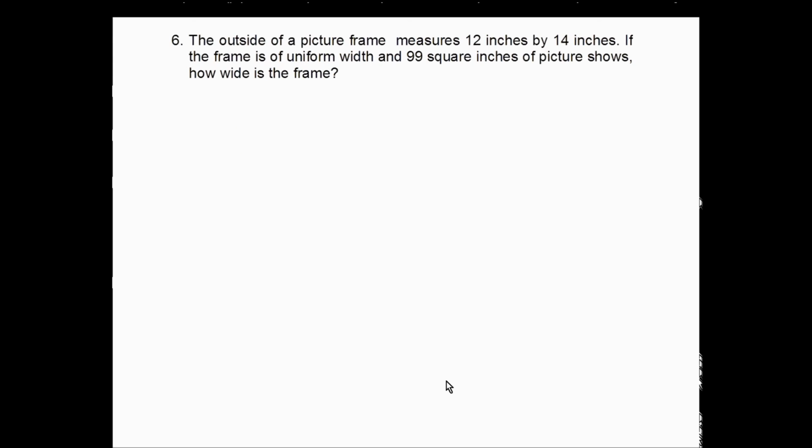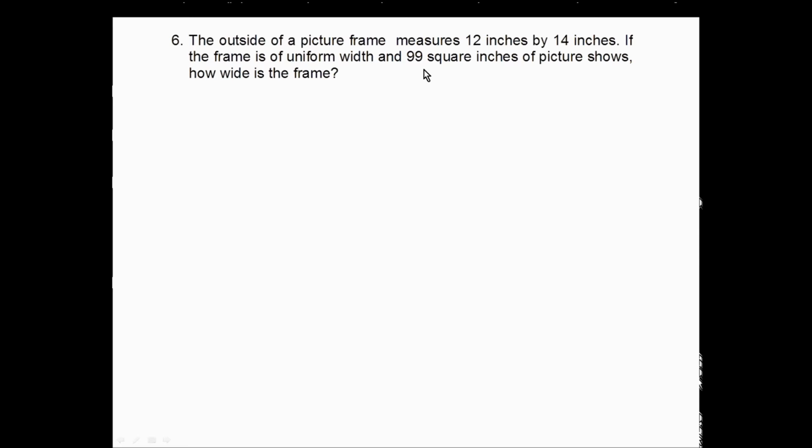Okay, the last example is the true picture frame problem. The outside of a picture frame measures 12 inches by 14 inches. If the frame is of uniform width and 99 square inches of picture shows, how wide is the frame? Notice